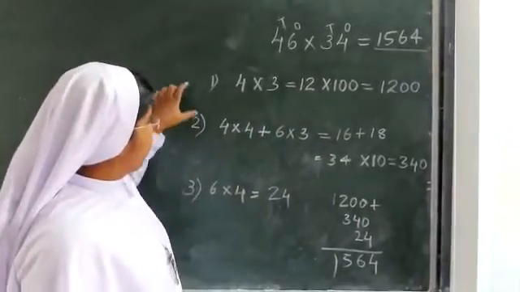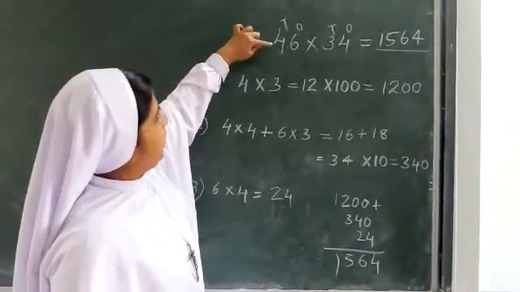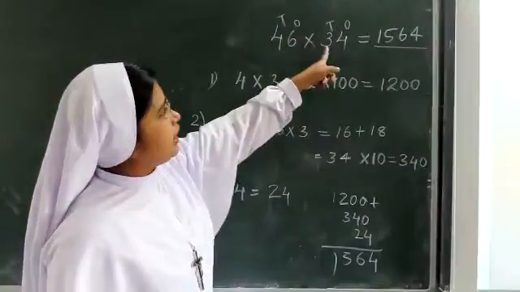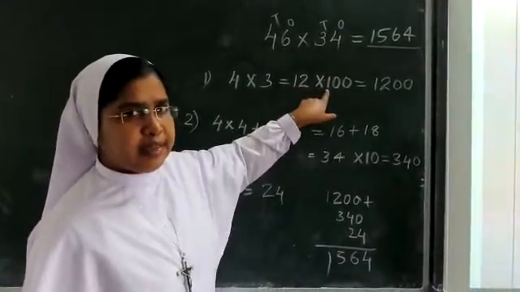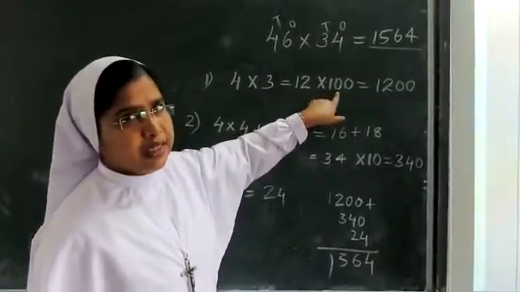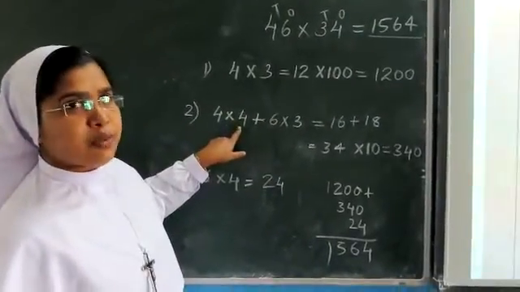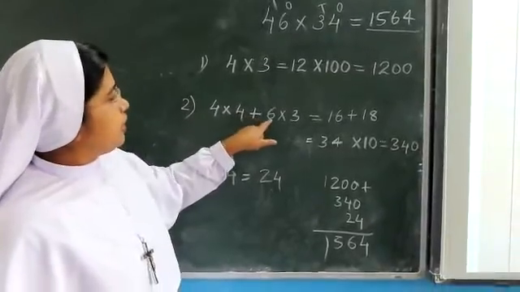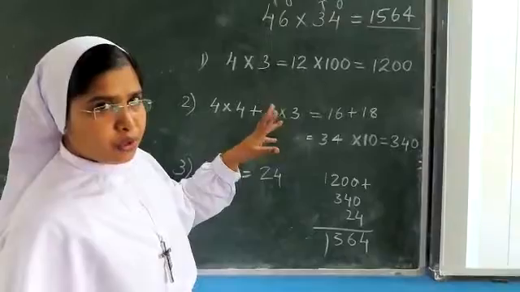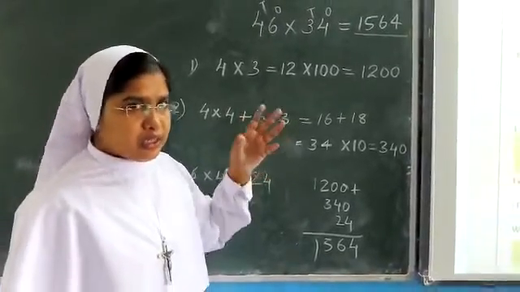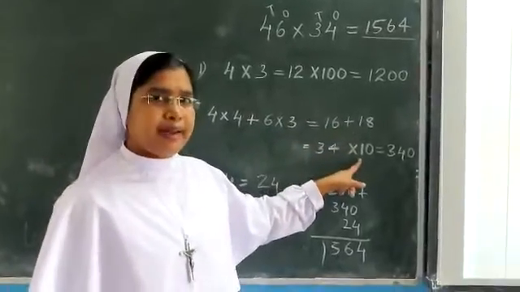Okay, you have to be very sure with this method. First you take the numbers at the tens place: here the tens place is 4 and here the tens place is 3. So multiply that into 100. I had already told you how we get this 100. The next step is one at the tens place and another one at the ones place. Here if it is the ones place, then the other is at the tens place, so both have to be different. One is ones and another one is tens. Then add it, then multiply with 10.